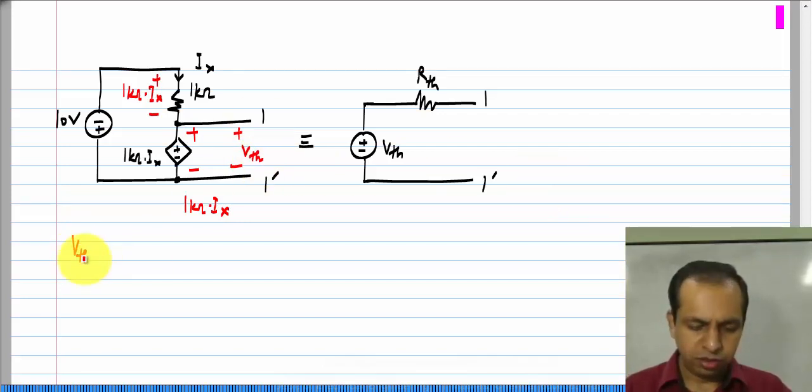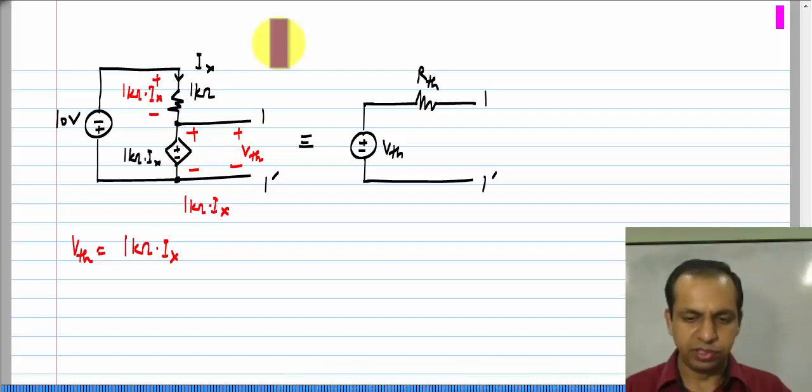So, V t h will be 1 kilo ohm times I x, because this drop is exactly the same as that, and applying KVL around this loop, we have